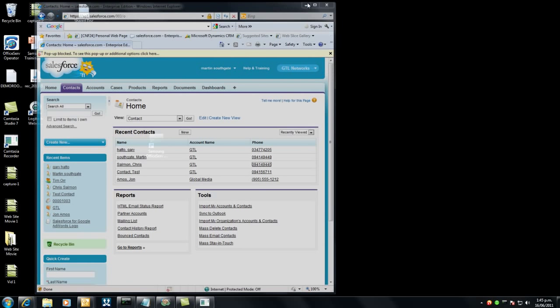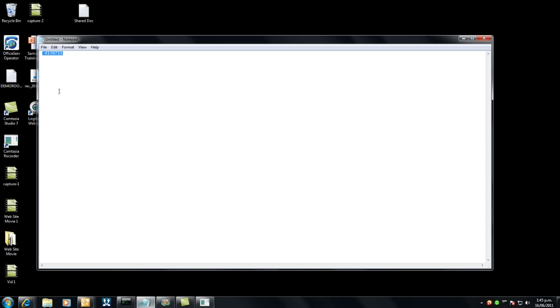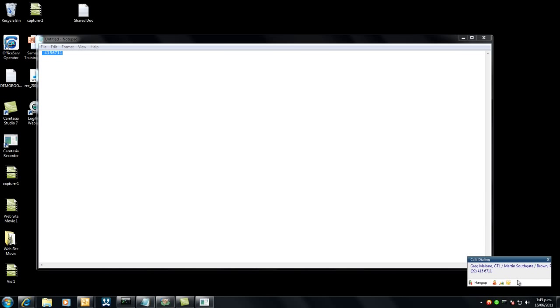So that really is dialing from websites, dialing from third-party CRMs. We can also dial from MS documents. So, for example, here I might just go to my notepad. I have a telephone number here. Simply highlight that, right-click, copy. What that's done is launch the clipboard dialing balloon. We just click that button. Again, it's taking my phone off hook, and it's rang our main number here at GTL Networks, and I can